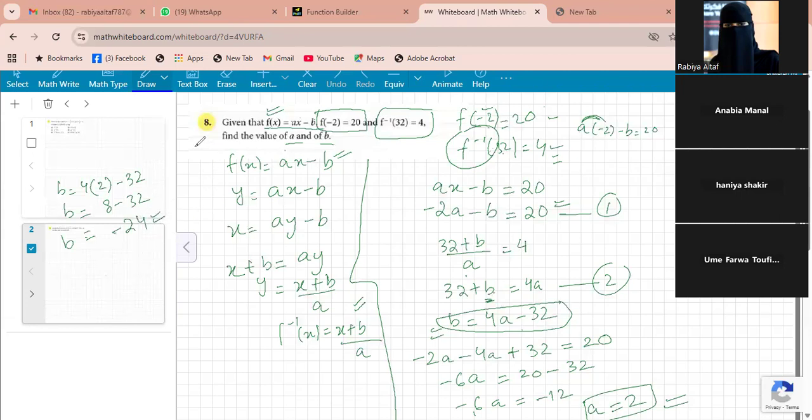So we are done with question 8. We are done with a and b. Now you can ask if you have any confusion. This is the lengthiest one and the trickiest question, and the most important, I guess. It will be there in past papers as well. Yes, is there any problem with it? Or is it clear? Okay.